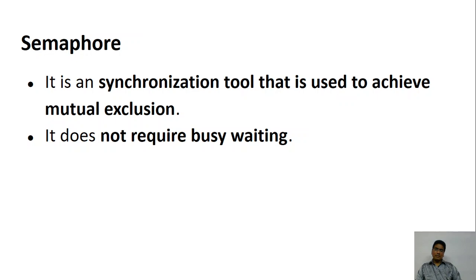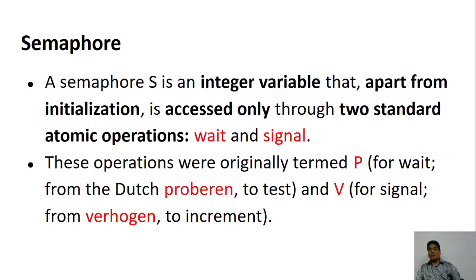You are waiting, so do you have to go and eat up CPU cycles? Because the CPU is a very crucial and important resource. You simply go and ask the CPU, is it over? The CPU says, no, it is not over. Okay, I will come again. Again after one cycle, you come, is it over? No, the CPU says it is not. Simply you are eating the CPU cycle. The CPU can do something else rather than giving you the same result. So this is something that you can avoid with the semaphore.